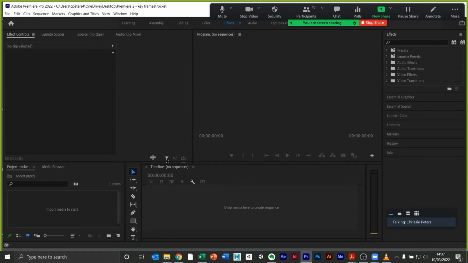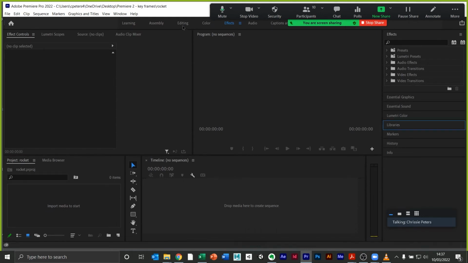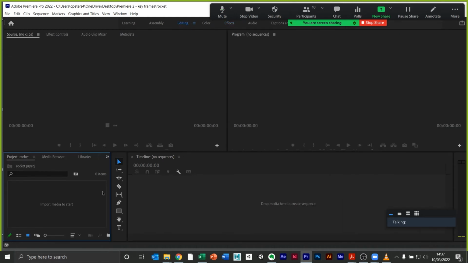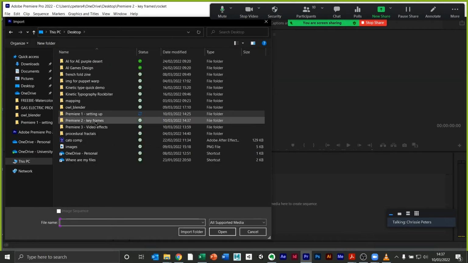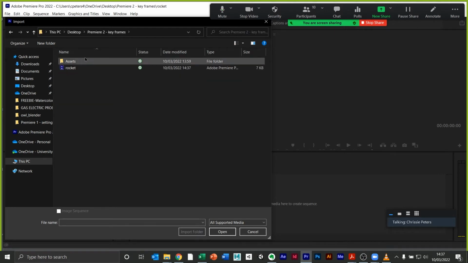So that's taken me back to this workspace. I'm just going to change back to editing so I get more room. So I clicked on editing on the top there. And I want to import my media. So in my project box, I'm going to double click. And it's still taking me to the old project. Hopefully yours will take you to a new project. And I'm going to open